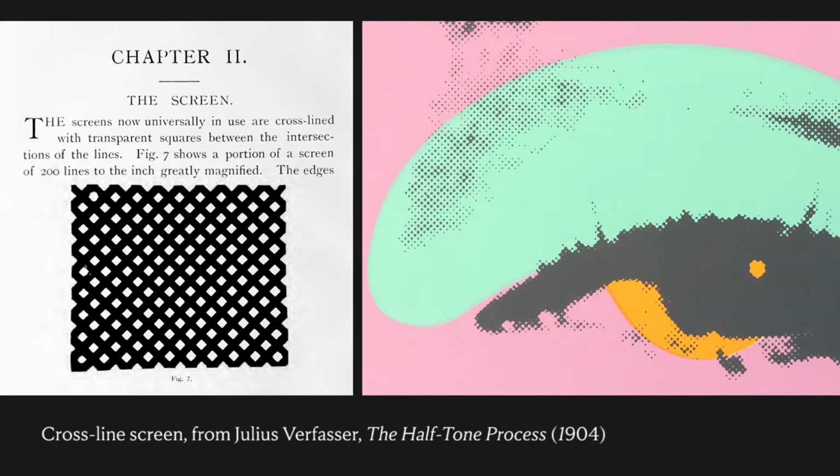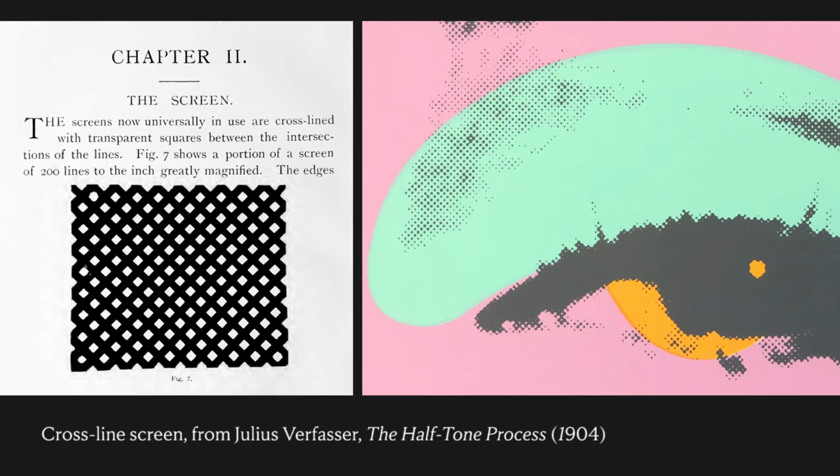It's the halftone that makes it possible to print photographs because it turns continuous tone images into the binary patterns that the press can recognize. In this detail from Warhol's 1967 Maryland portfolio, you can get a better sense of the dot-like patterns that make up the image. What I want to emphasize for now is that this halftone pattern is itself made by passing an image through a screen.